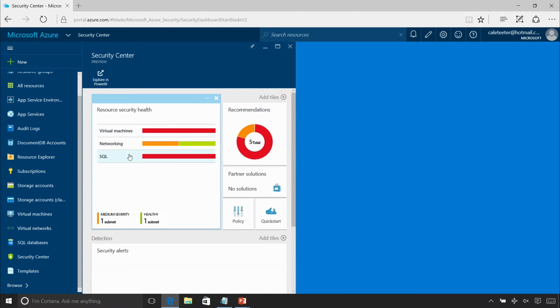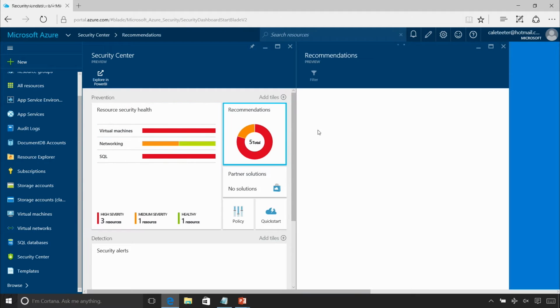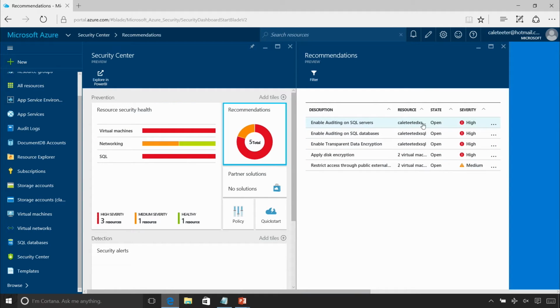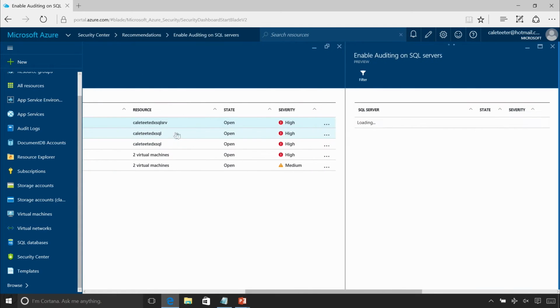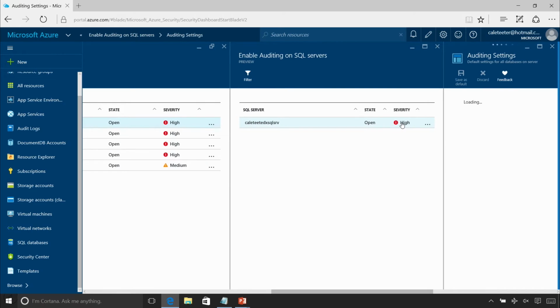You can see right here that we have three things showing up. Some of them are semi-healthy, and some of them are red, meaning that they need attention. If we go into recommendations, you can see some of the stuff I had provisioned earlier, like SQL servers. These are Azure SQL databases. This is saying you should enable auditing on your SQL server, a best practice for when things are going on with your database.